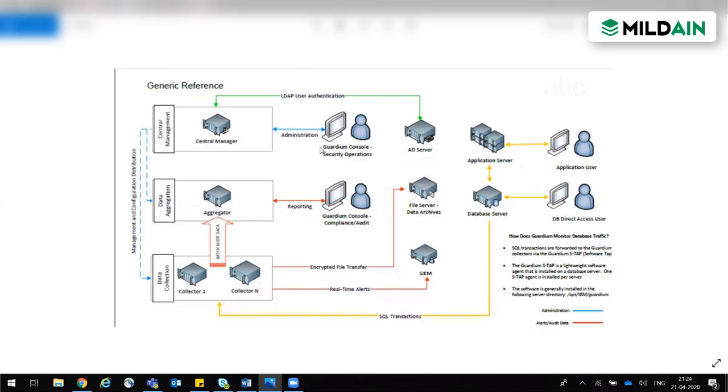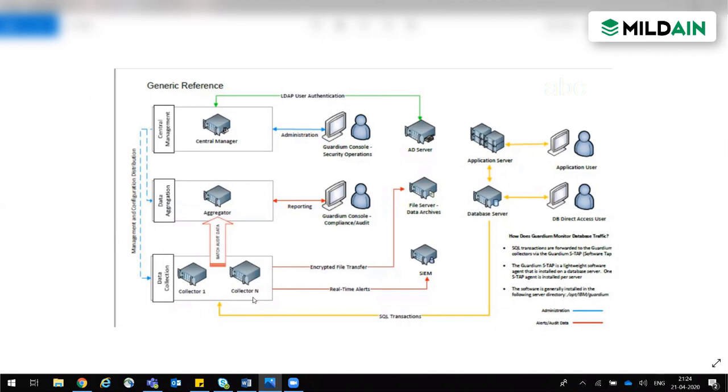What kind of traffic does it store? Whatever is stored in the collector. Generally there are two types of data: the configuration data and the database traffic.